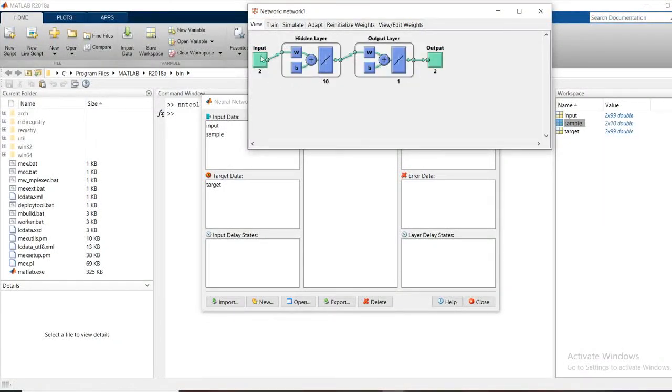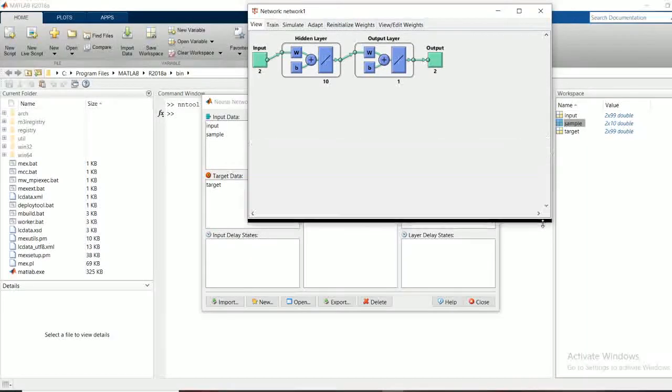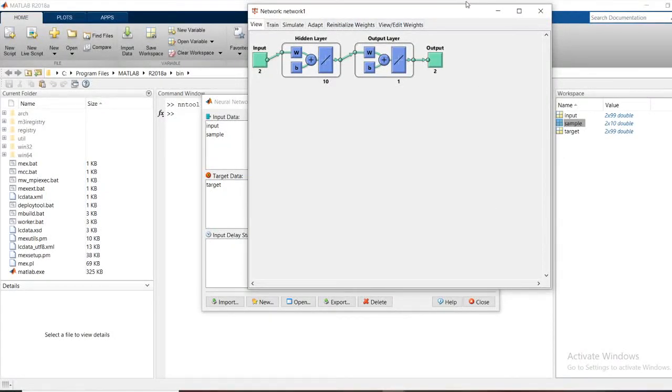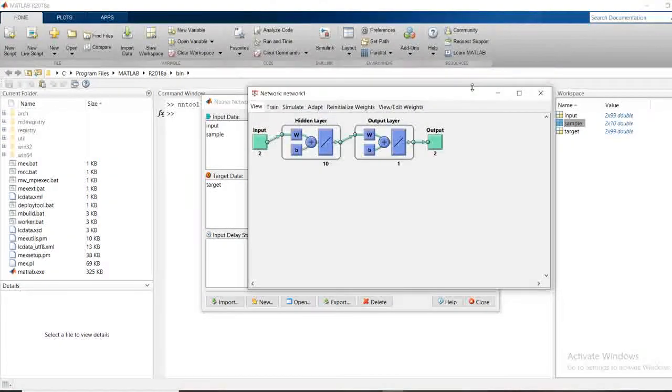There is a view where you can see your Simulink diagram, which is taken from MATLAB Simulink. It is automatically generated by the software. By this, you can understand how many hidden layers there are, how many outputs, and how many elements are in your input data.